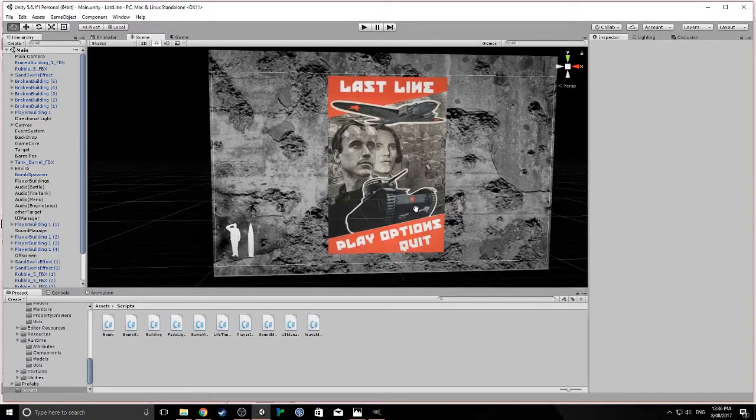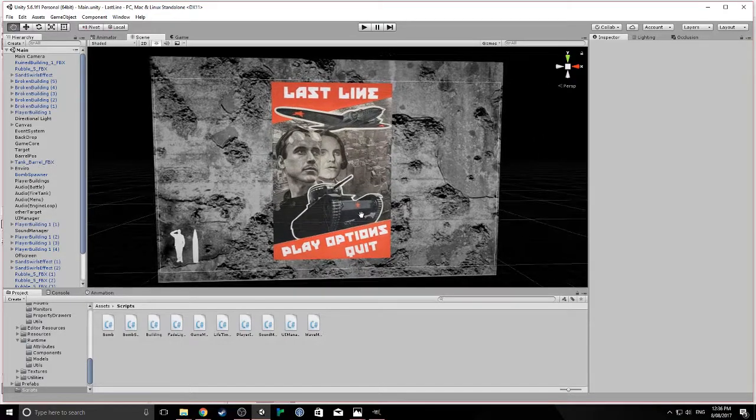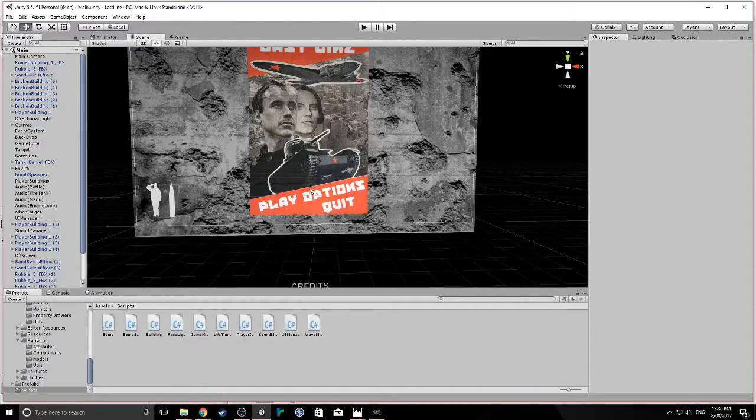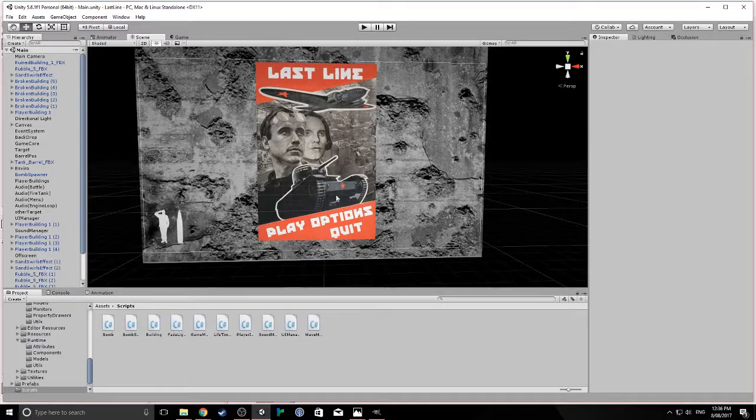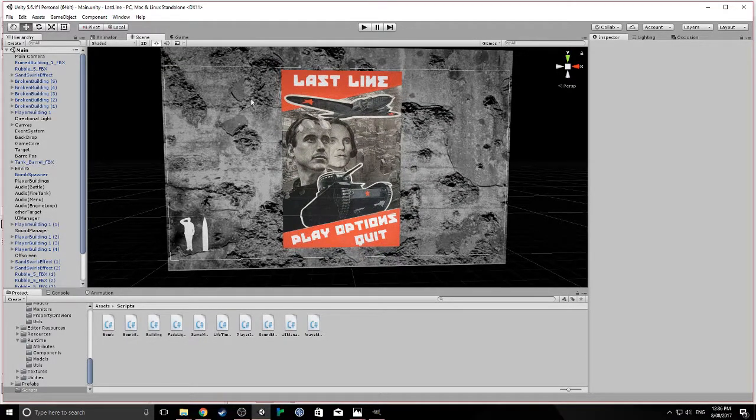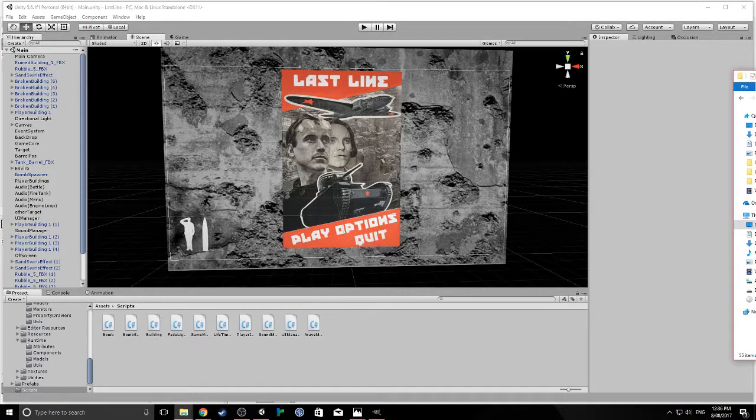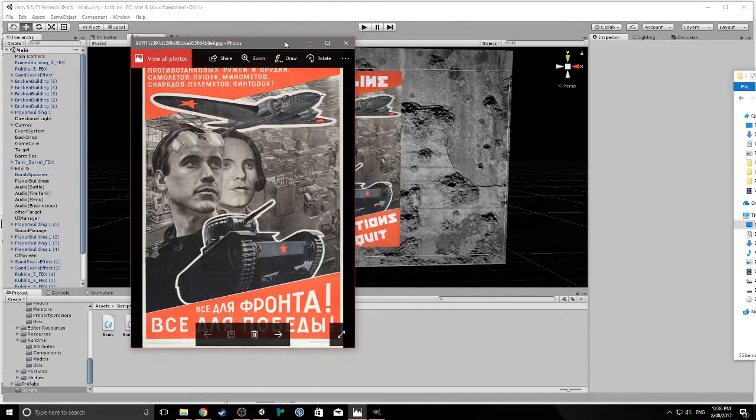I wanted to get the main menu to look like a poster on a war-torn building in a war zone. Since I was already basing this game on some of L. Lozitsky's work, this is one of, well, actually, it didn't start like this. This was the original poster that L. Lozitsky did, and